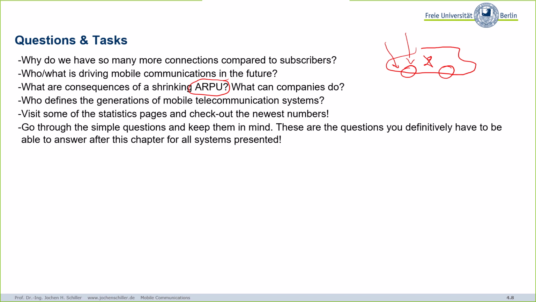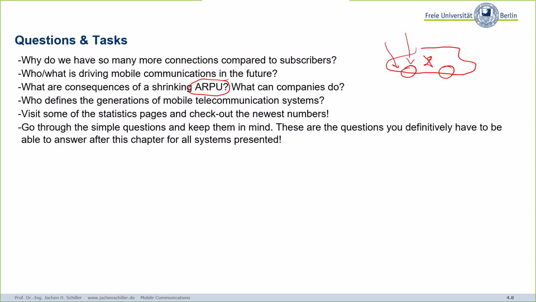So revenue, what is the problem? Think of you install every year 2,000 to 3,000 new base stations. This is expensive. What can you do as a company? You have to make money, otherwise you cannot invest. So the companies, the network providers, exactly. They have to go together with service providers. They have to go together with content providers. So content is king. So that's the problem.